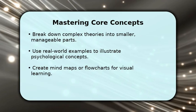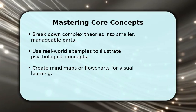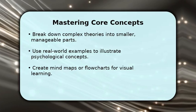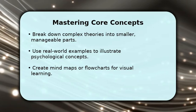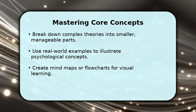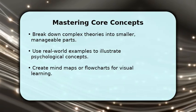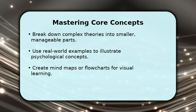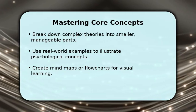To master core psychology concepts, begin by breaking down large theories into smaller, digestible sections. This makes learning less overwhelming. Then, connect these concepts to real-world scenarios. This helps you understand their practical application. Visual aids like mind maps or flowcharts are excellent for seeing connections and organizing information, making recall much easier during